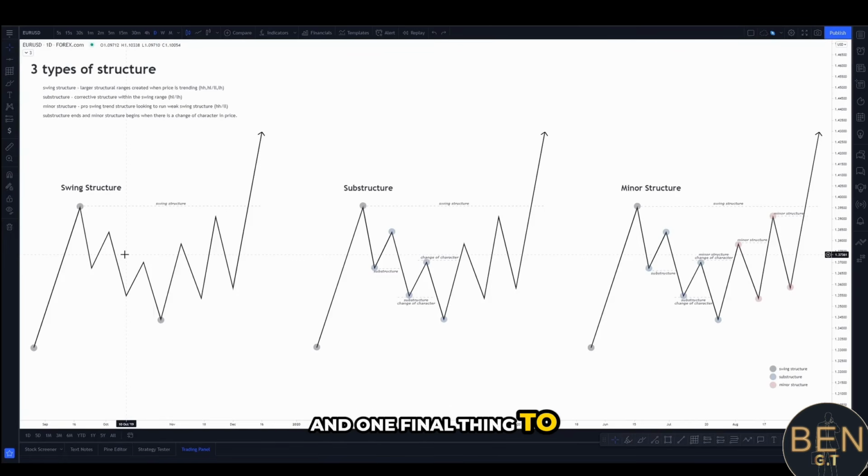And one final thing to note, just to be able to clearly delineate the difference between substructure and minor structure, is that substructure ends and minor structure begins when there is a change of character in price. So again, with a bullish example, substructure is creating lower lows and lower highs. A change of character happens, creating a new higher high, so it violates the previous lower high that was being printed, and then we start to see a shift, creating higher highs and higher lows. So once we see that initial change of character, that's when we're starting to create minor structure,